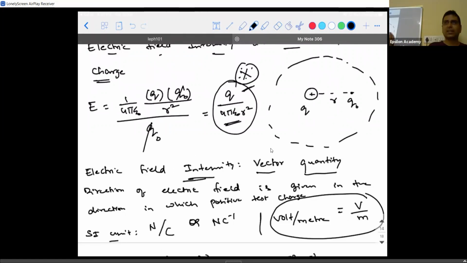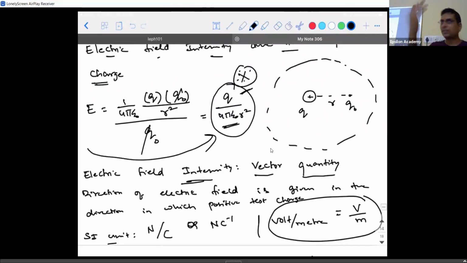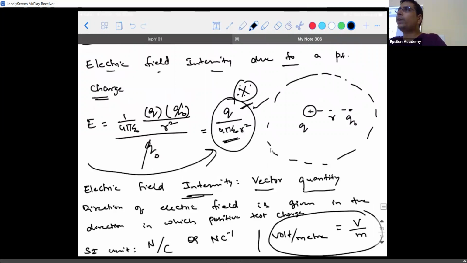No need. That is another derivation, so you will not derive that equation. There is a formula. This is the simplest derivation you would have ever seen. Okay, so this is the formula: Q divided by 4 pi epsilon naught r square. You will not take the discharge into consideration at all.